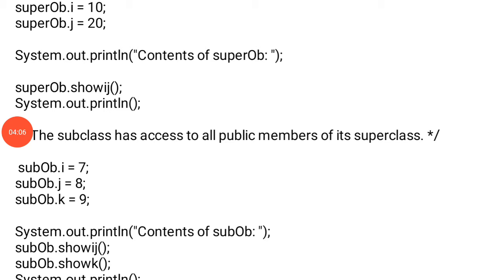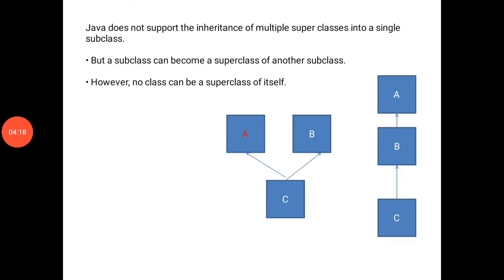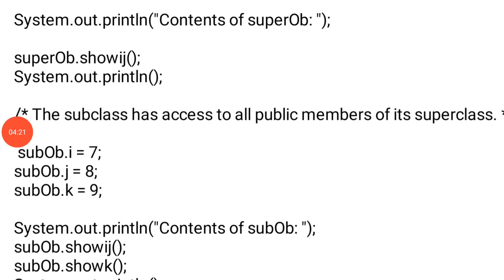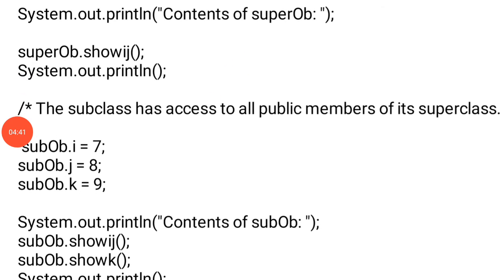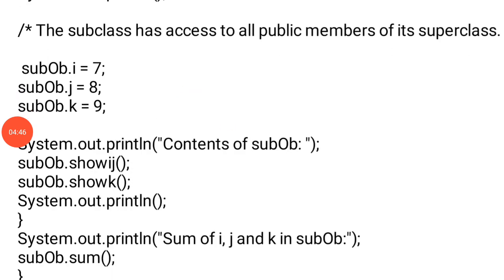The control goes to the show ij method defined in class A, wherein I am printing the value of i and j. Whenever I say i and j in the show method, it is going to take the i and j of the object with respect to which the method is called. Here we have called the method with respect to the superclass object. That means it is going to print the values of i and j assigned to the superclass object, which is 10 and 20 in this case. So it is going to display 10 and 20. Thereafter one print statement is there. There comes assigning the values to the